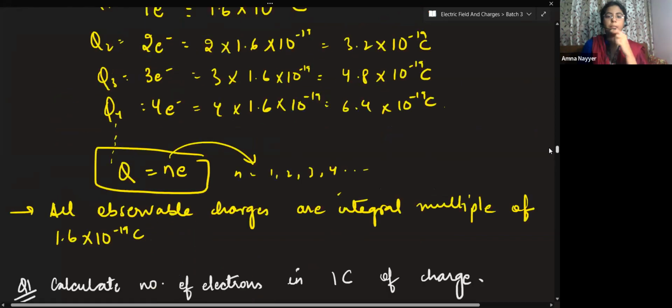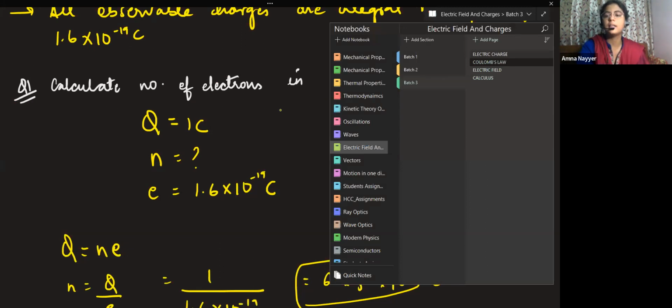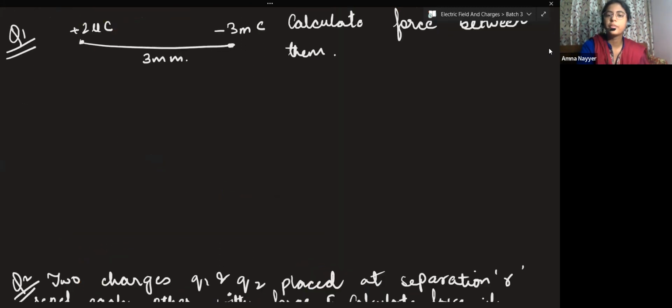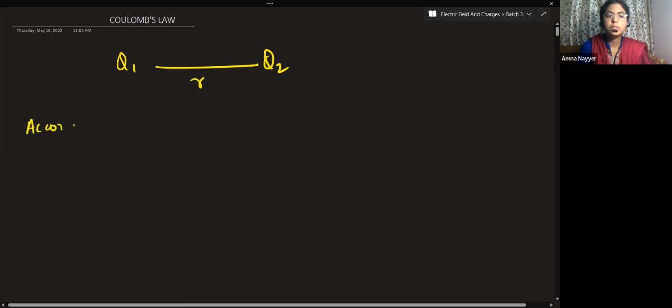Now let's begin with Coulomb's law. This was the introductory part which included quantization as an important portion. Now see, Coulomb's law is basically what? If you have two charges, let's say Q1, Q2, which are separated by some distance r, then according to Coulomb's law,